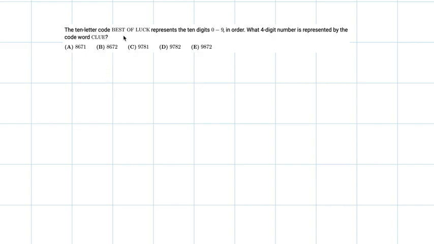The 10-letter code Best of Luck represents the 10 digits 0 to 9 in order. What 4-digit number is represented by the code word clue? Okay, so